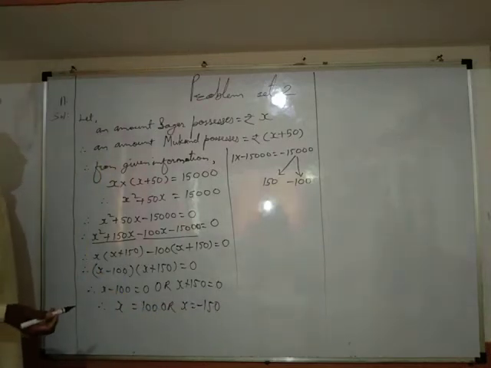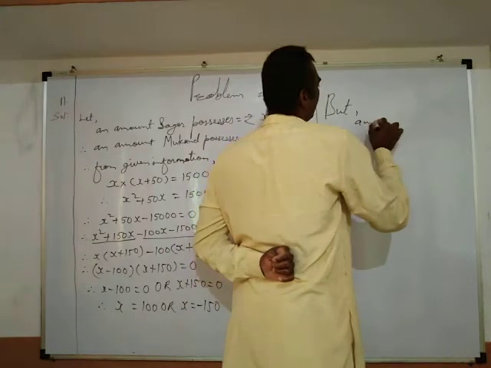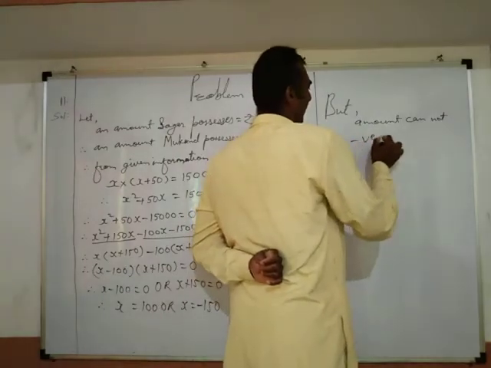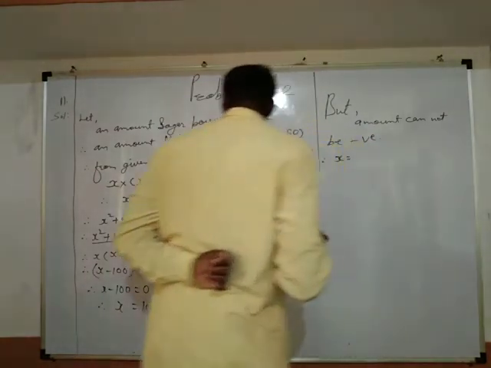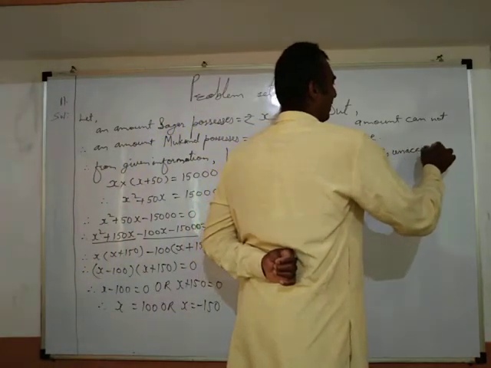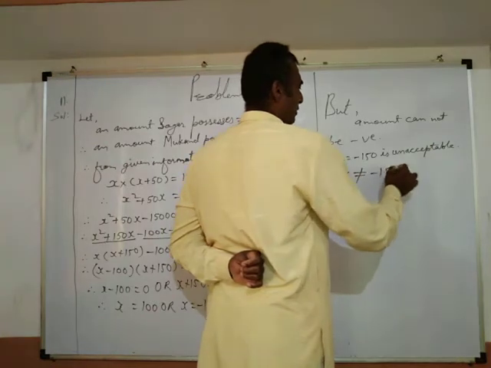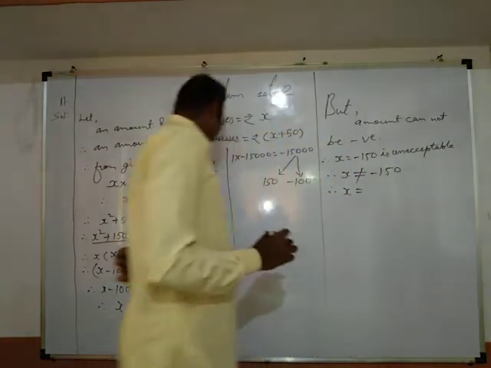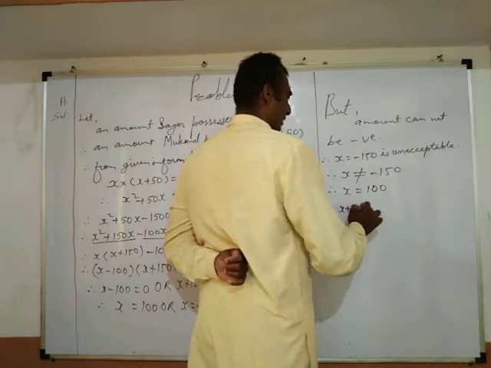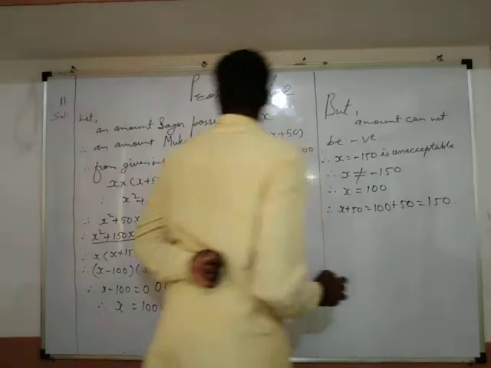But the value of x is an amount. Okay, but an amount cannot be negative, and therefore x equals minus 150 is unacceptable. And therefore x must not be equal to minus 150, and therefore x must be equal to 100, and therefore x plus 50 equals 100 plus 50 equals 150, and therefore